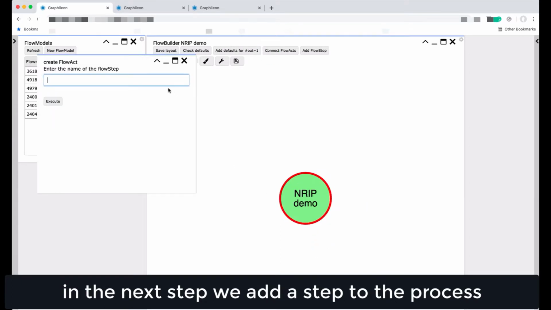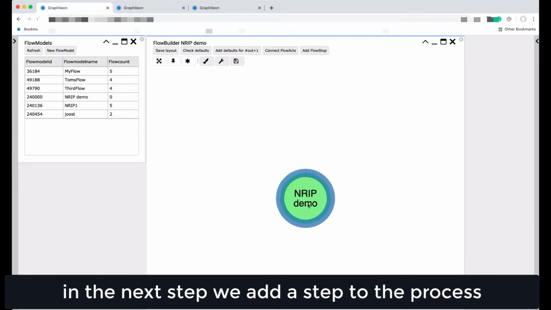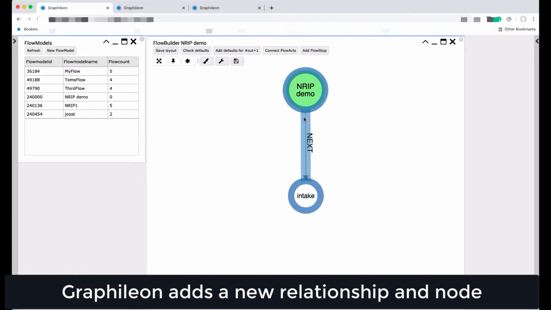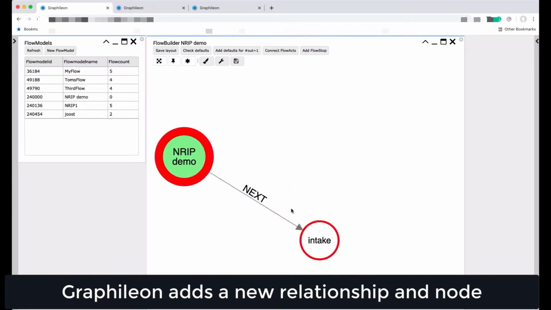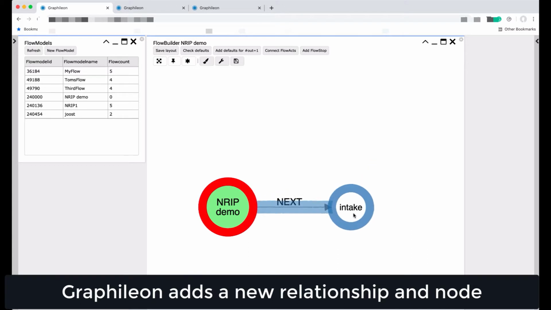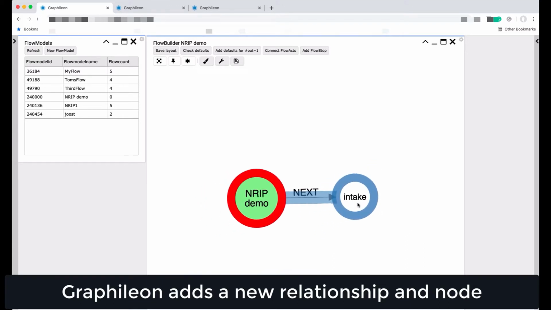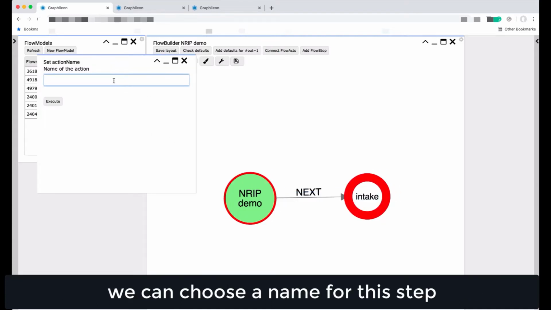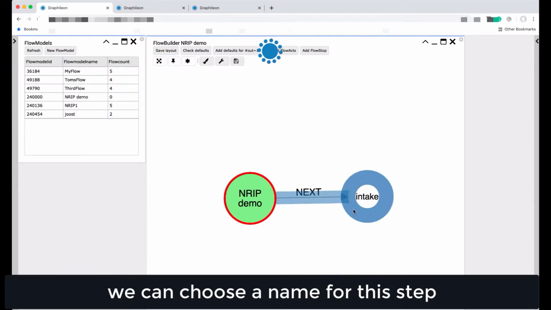I'm gonna add an activity or a stage, intake. And I'm gonna name the step initiate,